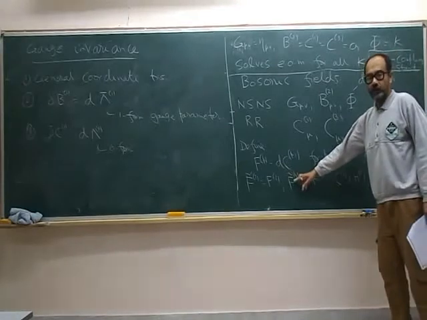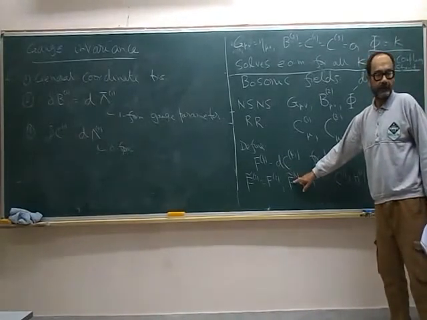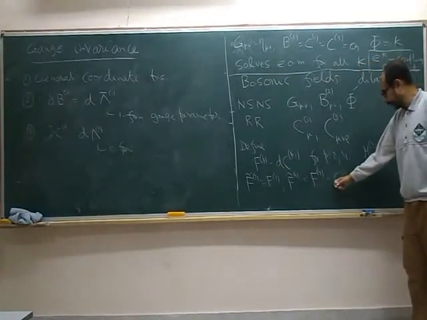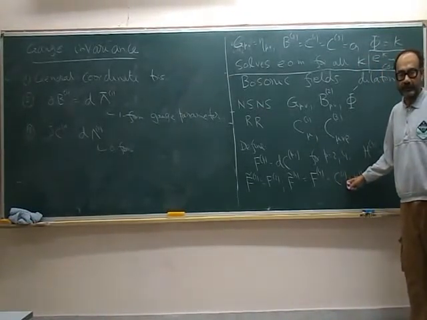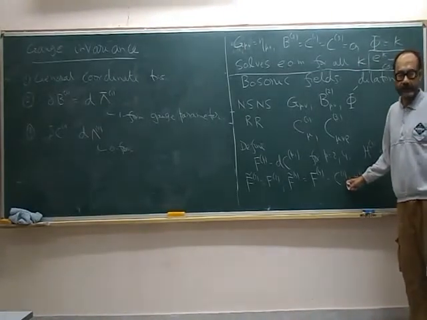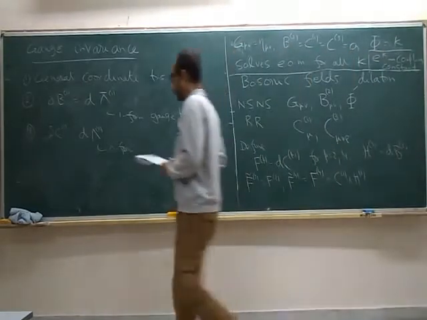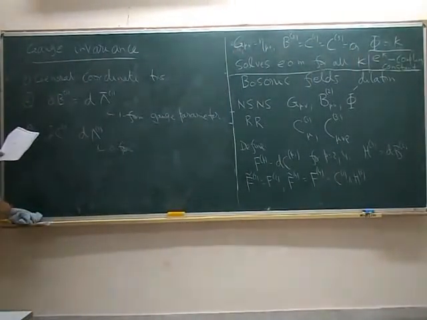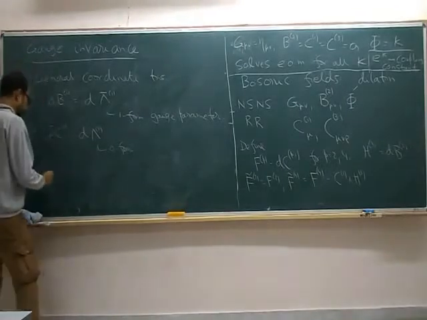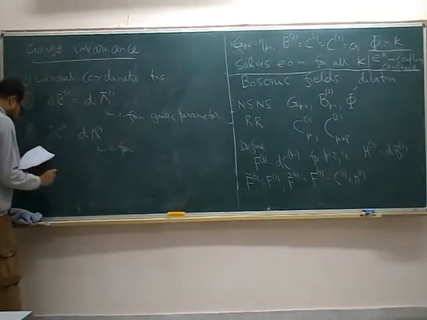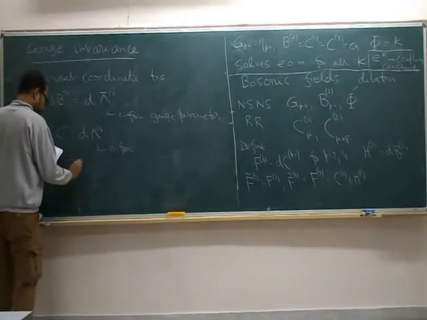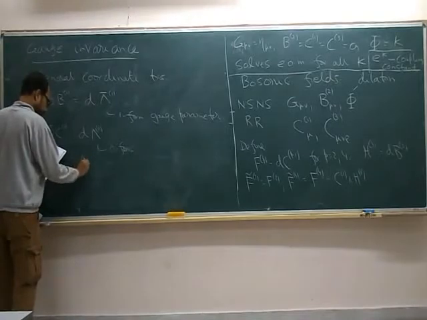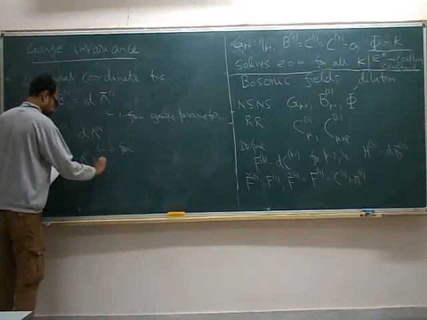But F tilde 4, this is what appeared in the action. F tilde 4 has explicitly a C1. C1 changes by d lambda 0. So F tilde 4 is not gauge invariant. However, it's easy to check that we can repair it by also putting a gauge transformation of C3, which is lambda 0 H3.